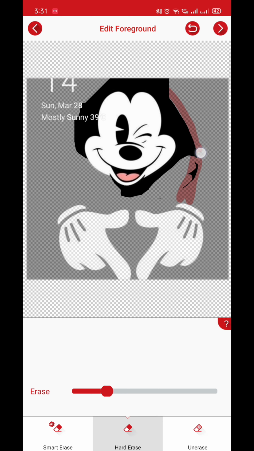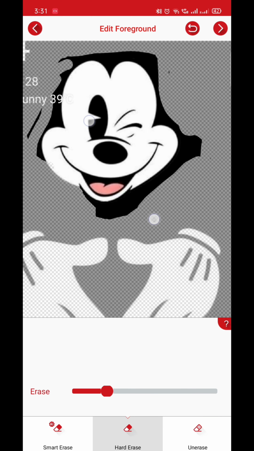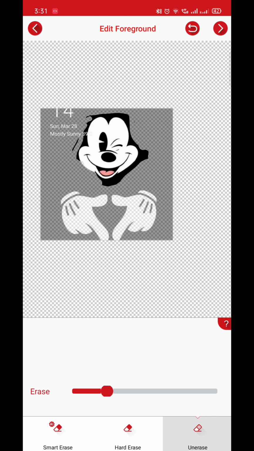This is all the feature of background editing. There is one more app for background editing, which I will make a video on in the next part. So you can keep on editing all these background images, and do it perfectly by zooming also. And also you can unerase the things which you have erased.